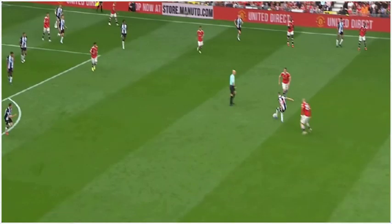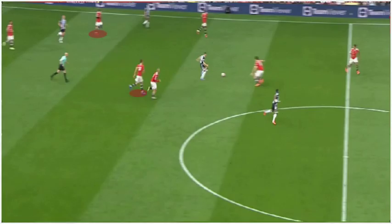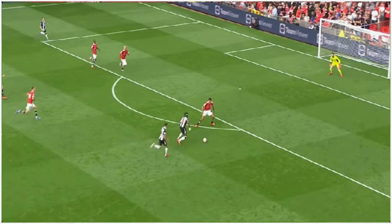Going to screenshots of Newcastle's goal, the ball is with Almiron, and for some reason, Pogba is miles out of position on the right, despite United having the numbers out there, leaving United wide open centrally. A turn from Almiron takes United's midfield out of the game, and he is running at United's back four. And from this position, it doesn't matter how good a defender you are, there is nothing Varane can do,